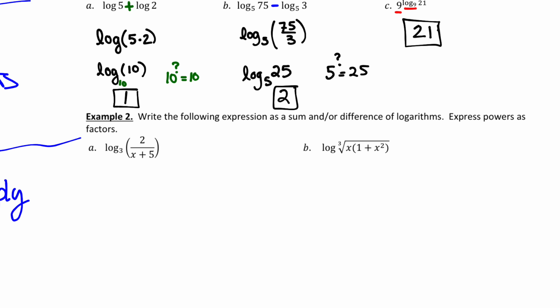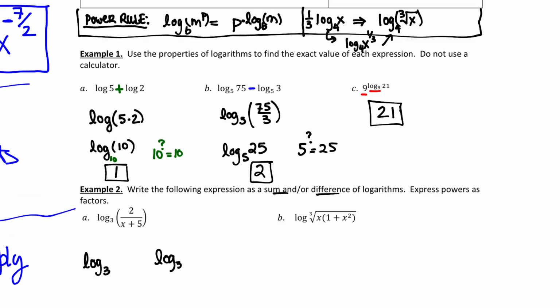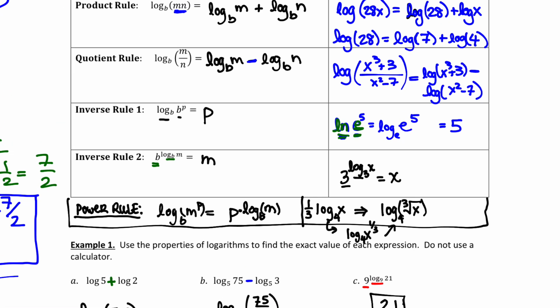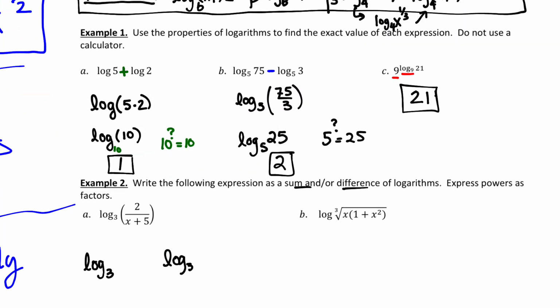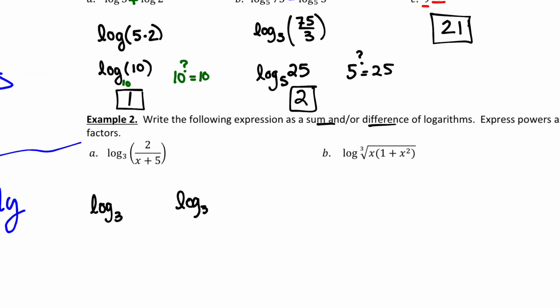All right, Mason, help me out here. I've got a log base 3, and inside I have a quotient, right? How do I break up quotients? I want to break this up into two logarithms because it says write this as a sum or difference. So I have a quotient, and I want to break it up into smaller pieces. So what do I want to do? I want to write the log base 3 of